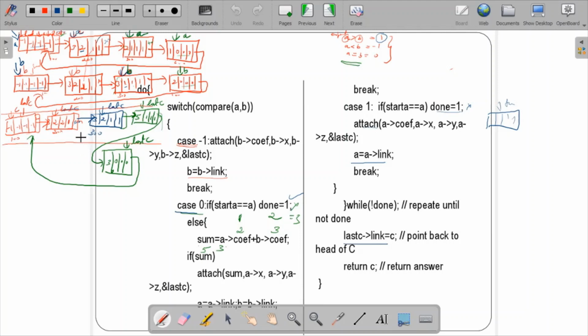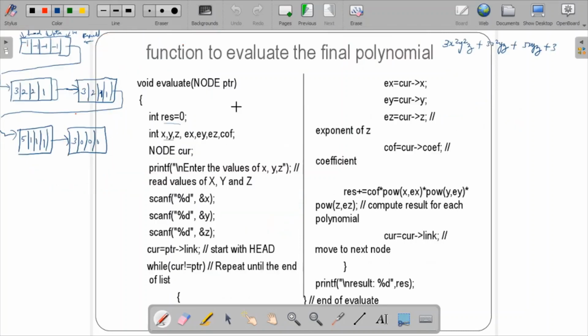When I give print C, as you've seen in the main, whatever display of this particular node we had done in the first session, for polynomial A, the same way this will also be displayed in this form. So this was my answer: 3x square y square z plus 3x square yz plus 5xyz plus 3. The same thing I've written over here.